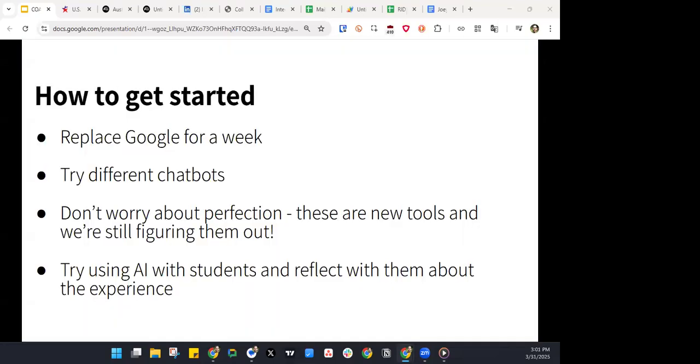Some quick tips. First of all, replace Google for a week. Every time you think about going to Google, go to AI instead. ChatGPT, Claude, take your pick. If you haven't heard of Perplexity, Perplexity has functionally replaced Google for me because, just to show you an example real quick,